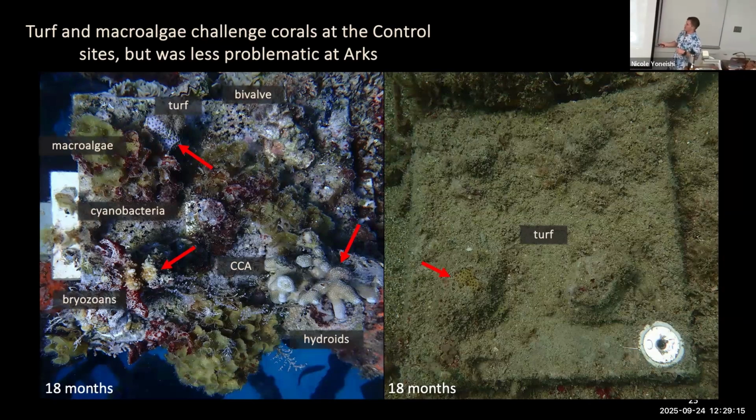And on the left here, you see that this plate is remarkably complex. It's got all this different stuff on it. It's got crustose coralline algae and hydroids, bryozoans, bivalves, macroalgae, cyanobacteria. It's got a ton of stuff, including corals, right? So what this is telling us is that these improved conditions in the midwater are benefiting not just corals, but also all these other organisms, right? Suddenly everybody's having a party.